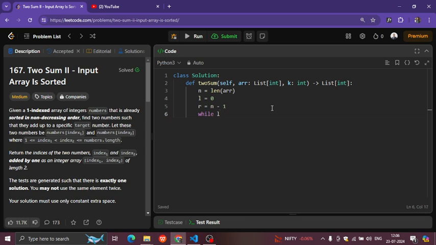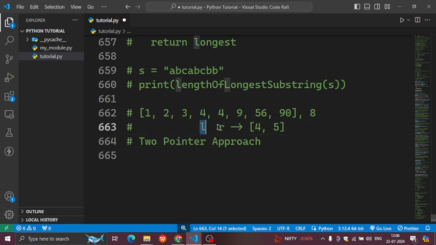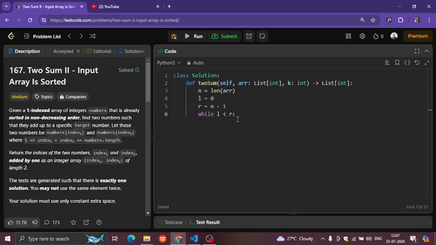We run the loop while L is less than R. Why is this the case? Because if L and R are at the same position, then it's not going to be the output, right? If they ever cross each other, then we can't find the solution. Both should be distinct elements, so L and R can never be the same.